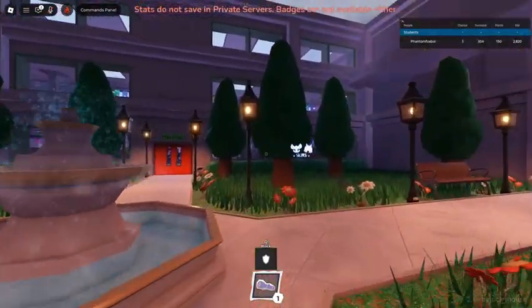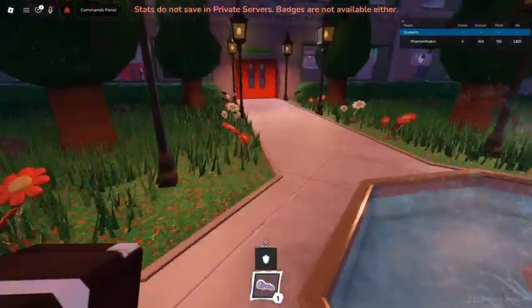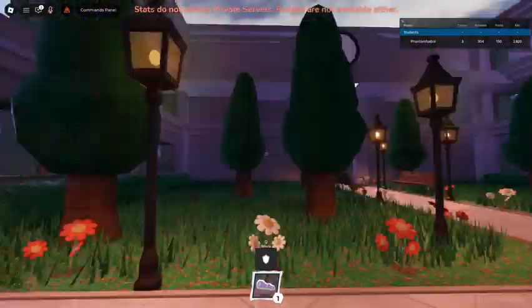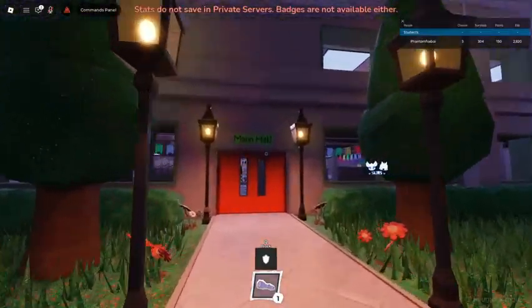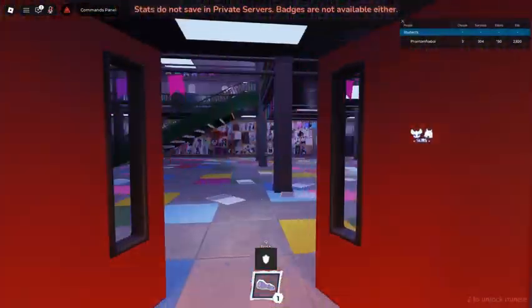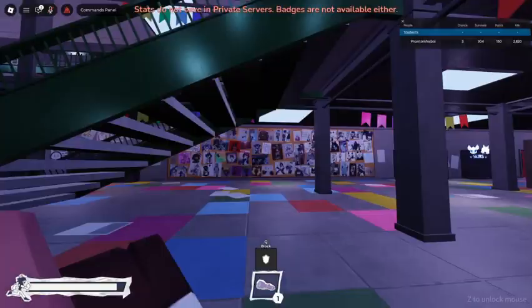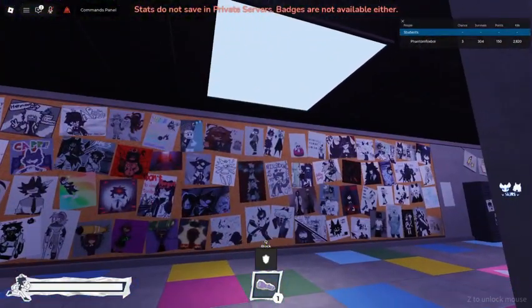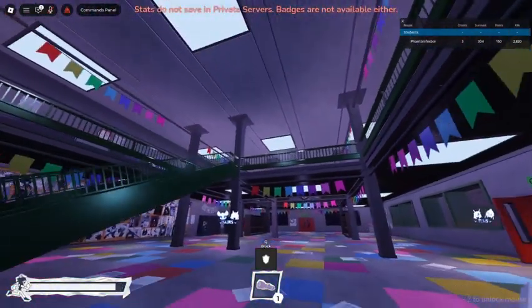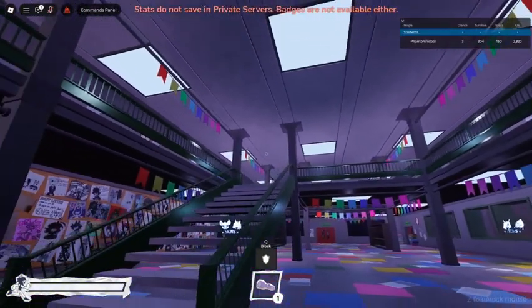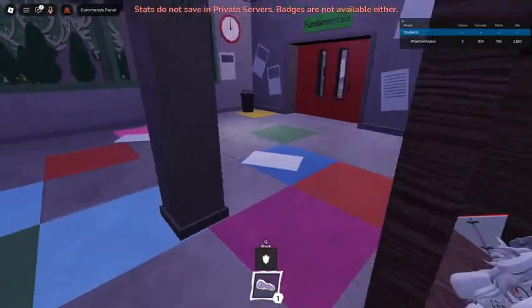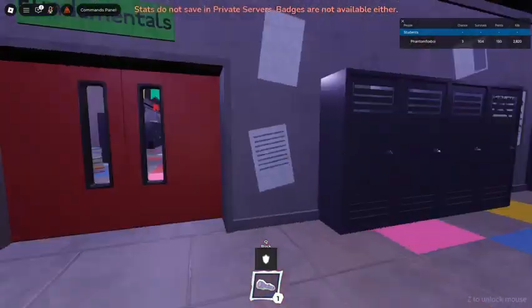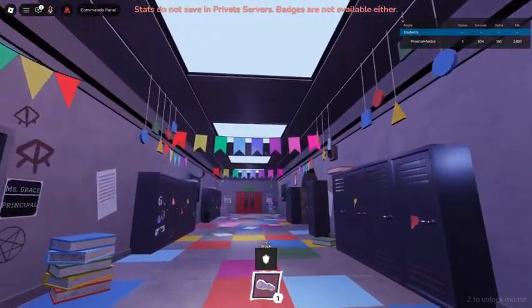This is the game. As you can see, we've got a fountain here, and we've got different doors that we can go through. I think this is, yeah, this is the main hall. So this is the main hall over here. We have the art wall of fame over here with a bunch of artwork on it. We have a staircase to the upstairs floor and everything. You know, these two little plushies over here, I'm pretty sure those are the creators of this game. So yeah, this is the game.